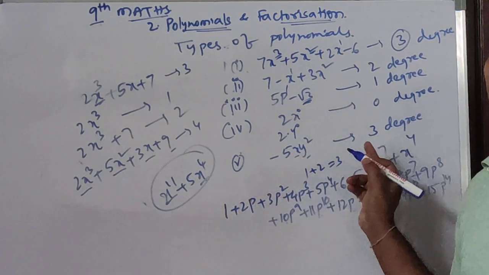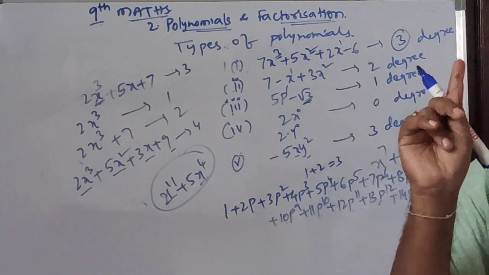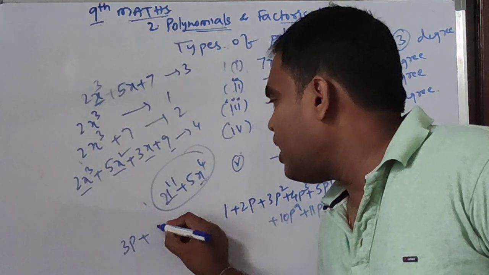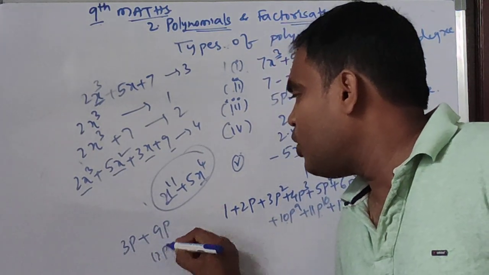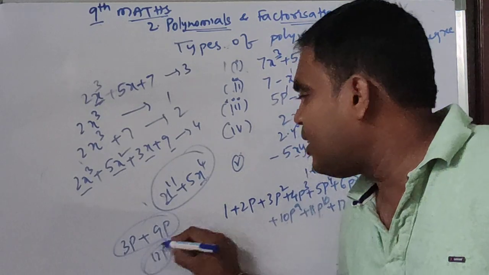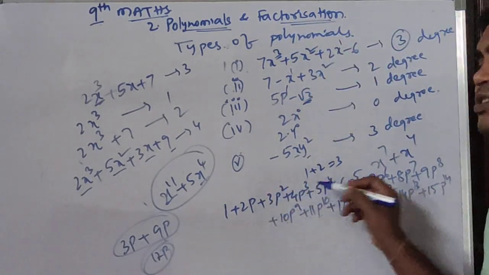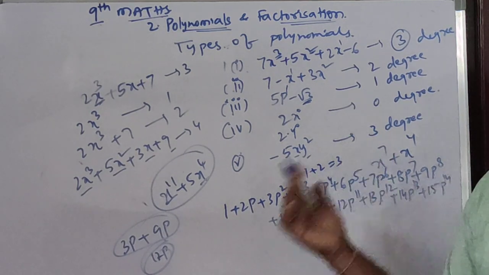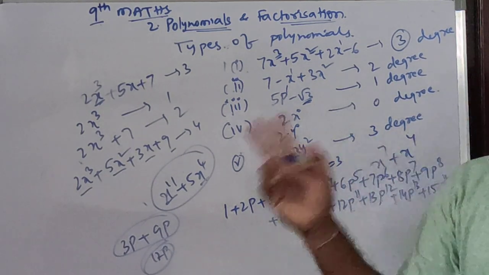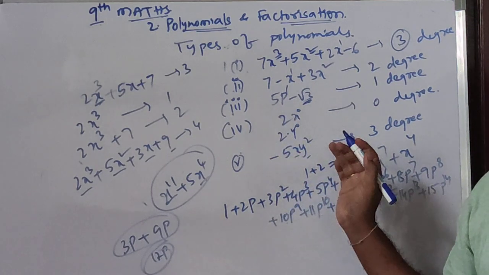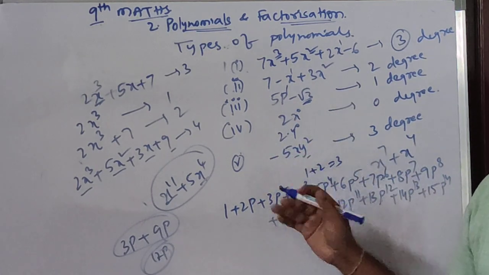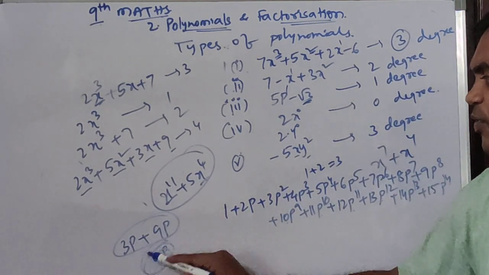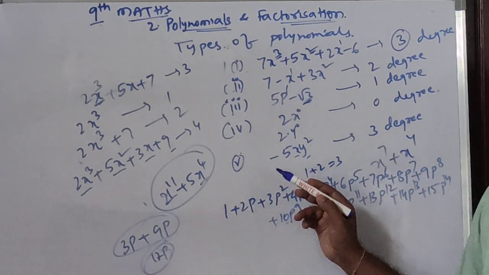If we are taking the same power, it will be treated as a single term. For example, here you are writing 3p, somewhere you are writing 9p. If we are adding 12p, these are not two terms, this is a single term 12p. So you must take all the terms with different powers. If you are taking the same power, it won't be treated as different terms, they are the same term. So 3p, 9p. If we are adding 12p, this will be a single term, not two different terms. Okay.